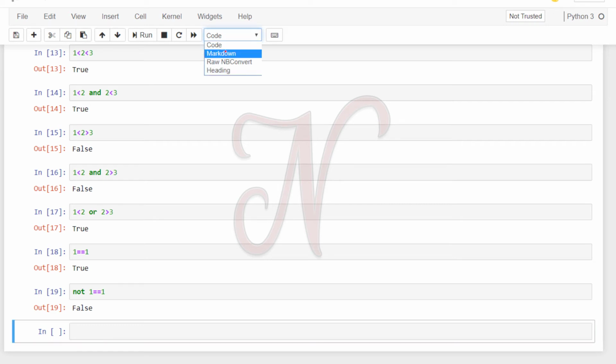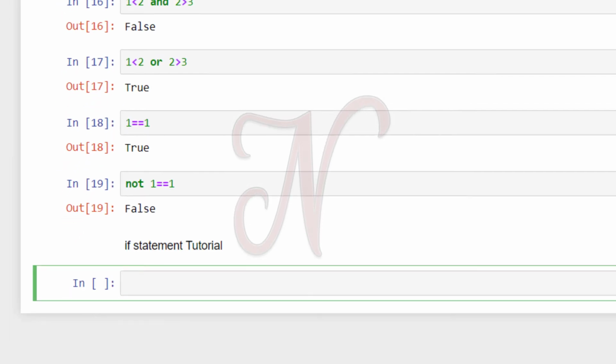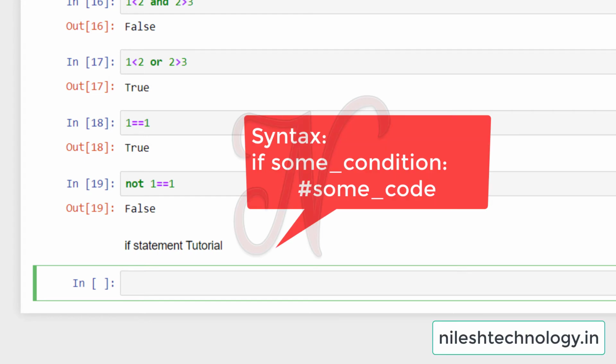In the drop-down box, choose markdown. This is the if statement tutorial. The syntax of if is: if, then pass some condition, then colon, then inside it you use some code.